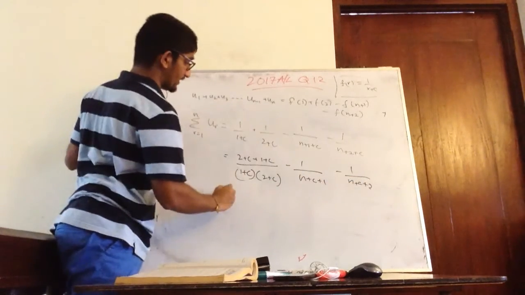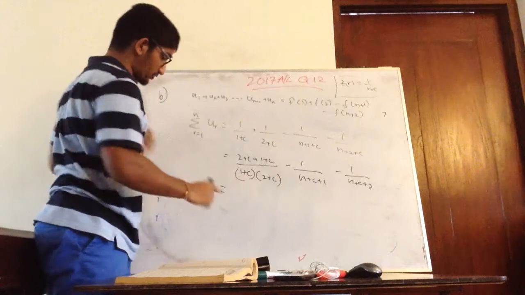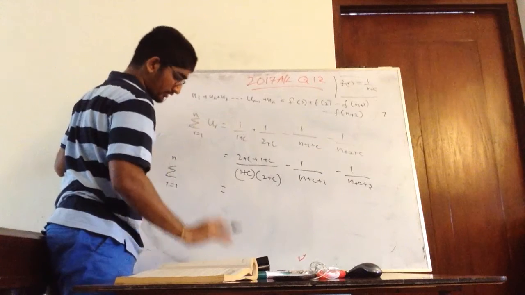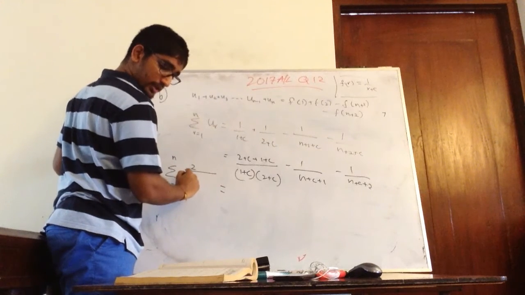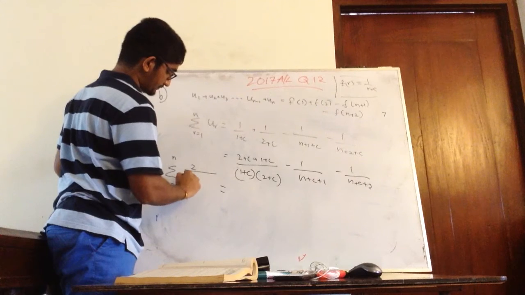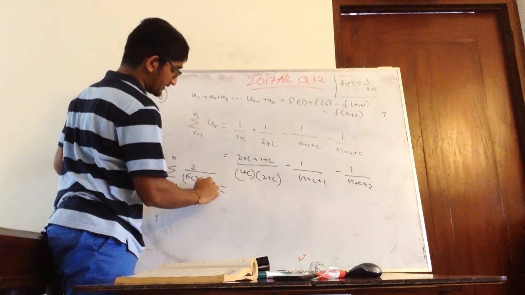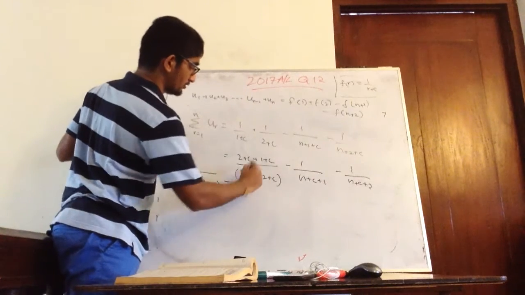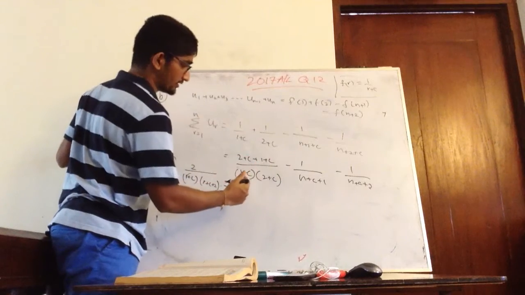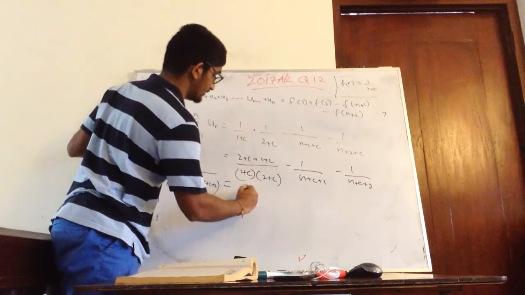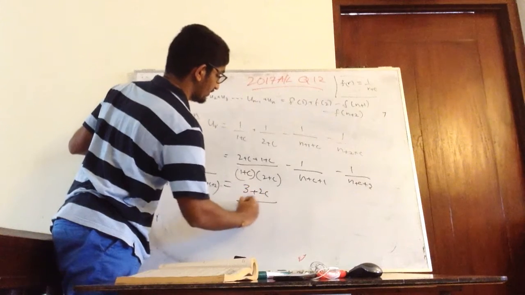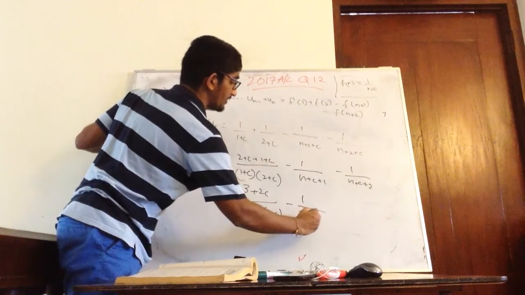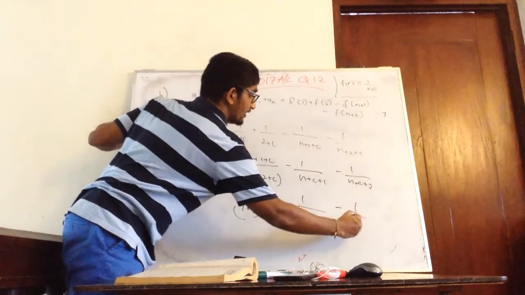Correct, no? So then U r is something that I put, so I am going to rewrite it. From 1 to n, what is U r? 2 over (r + c)(r + c + 2) is equal to, so here I will get 3 plus 2c, exactly, 3 plus 2c over (1 + c)(2 + c) minus (n + c + 1) and (n + c + 2).